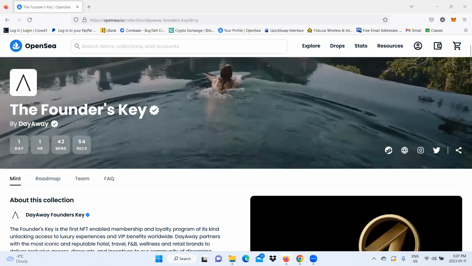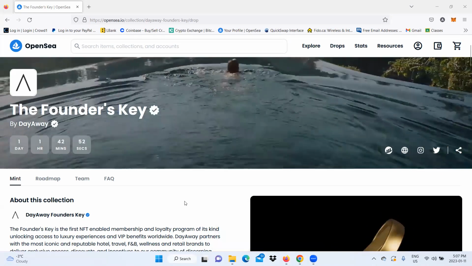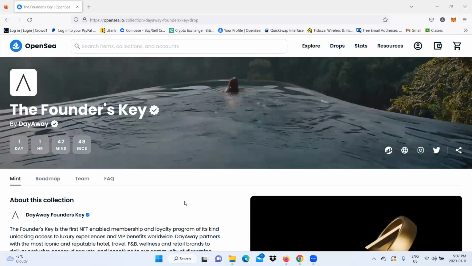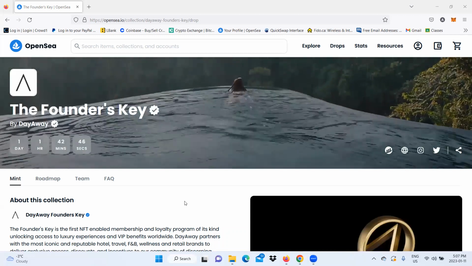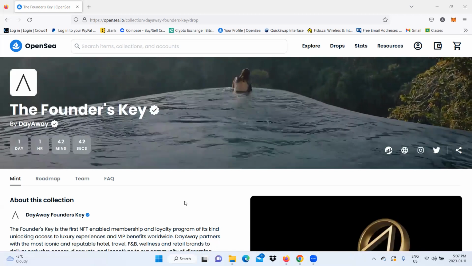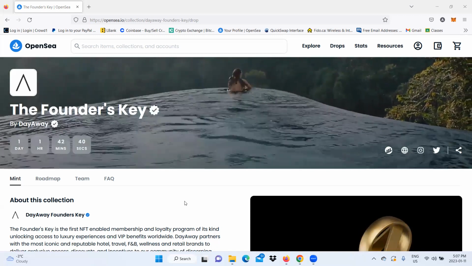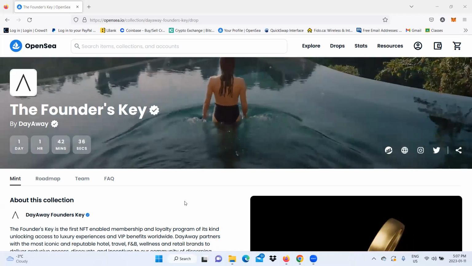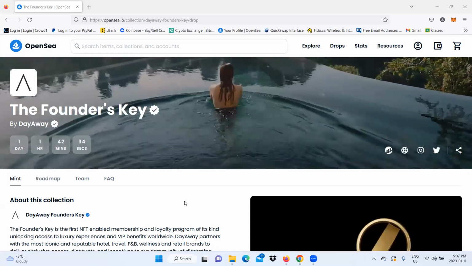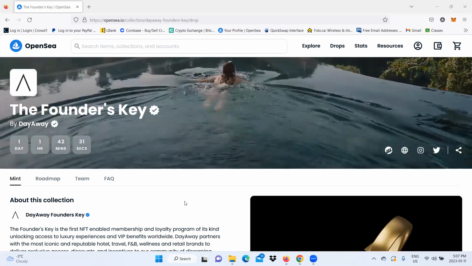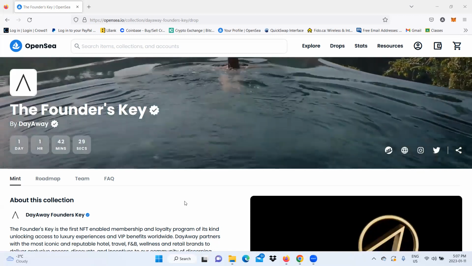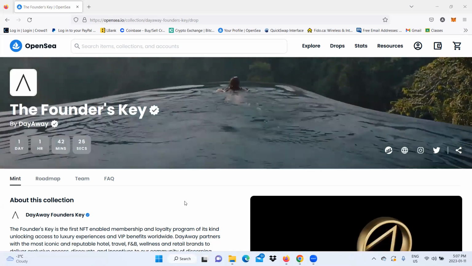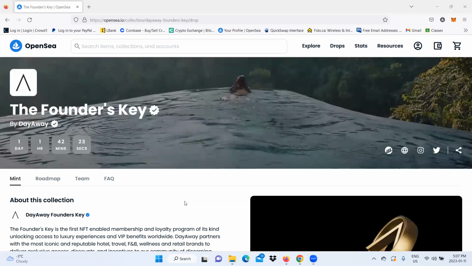Right now I'm using my browser Firefox, and what I did, I just searched up OpenSea. But if you guys are having trouble searching up OpenSea and not sure where to click, I will put the OpenSea link down below where you can access it, as well as all of the other information that you might need. I will put it down in the description down below. So just go to the OpenSea website,